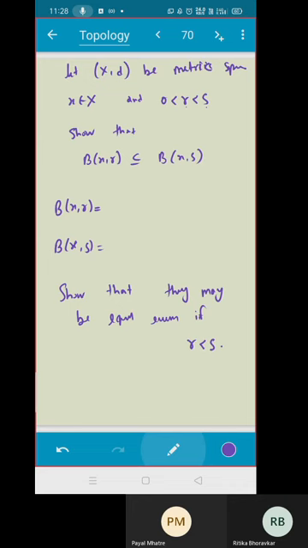Very nice, very good. We have the previous example, discrete metric space. We saw so many radii, they are not equal, but the ball is the same. Do you agree, everyone? We have just now seen. Good. That means you guys are following. So they may be equal even if r is less than s. We have an example, but you have to just take X as a discrete metric space. Good. I hope you can write the proof by yourself. You don't have to write it.